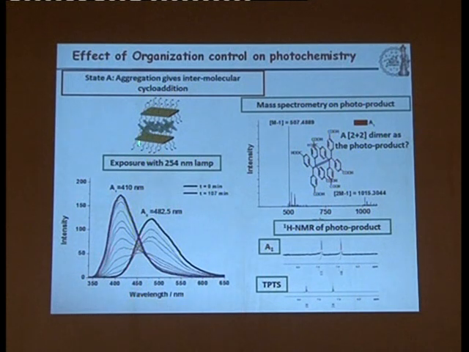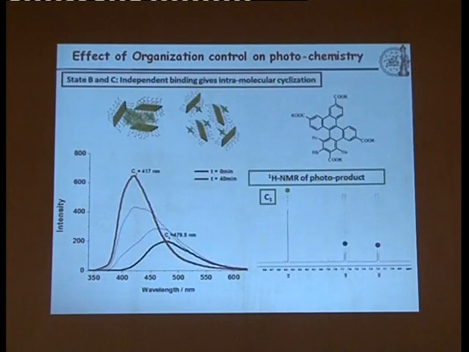We found that when these molecules are very close to each other in state A, when they are aggregated, you see a nice 2+2 cycloaddition. But as soon as we change the ratio of the clay molecules to the other state, you shine light, you get a Kreising derivative. So you can say that just by changing the ratio, we can control the molecular organization, luminescence, and the